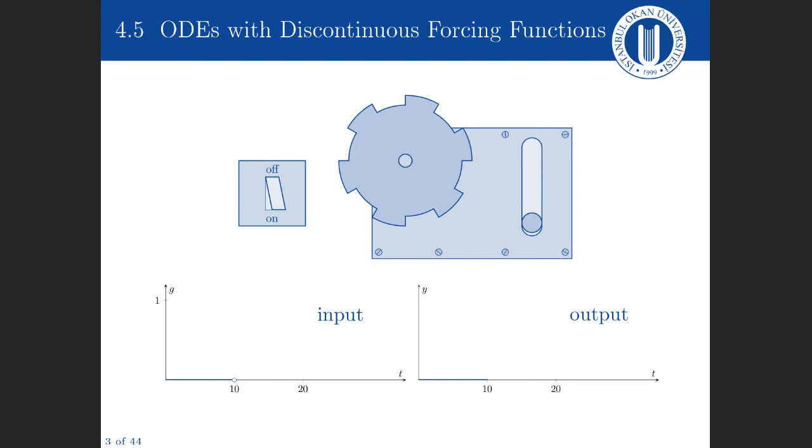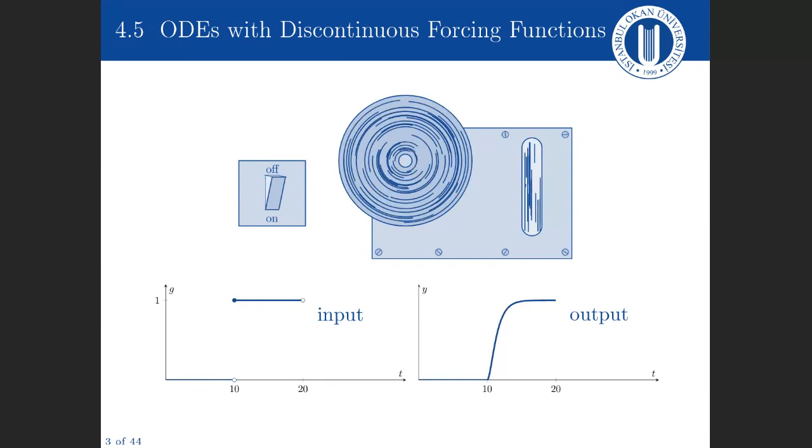In terms of functions, let's suppose our machine is switched off for the first 10 seconds. There's no power going in, so the machine does nothing. The output is also 0. And then let's suppose after 10 seconds we switch our machine on. So then the input is now 1 between 10 and 20 seconds. So the output we would expect to then quickly increase up to